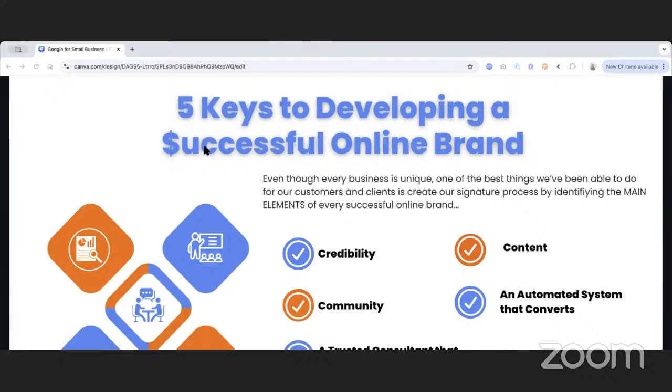And I put some asterisk next to this because if you're already a tech expert, you're already a marketing expert, this is your field of expertise, then you may not need to work with someone to help you implement and accelerate all of these things. But if you're not an expert in technology, if you're not an expert in marketing and digital marketing, in social media ad campaigns, in search engine optimization, it's going to save you so much time. And it's also going to save you from making a lot of huge mistakes and wasting money